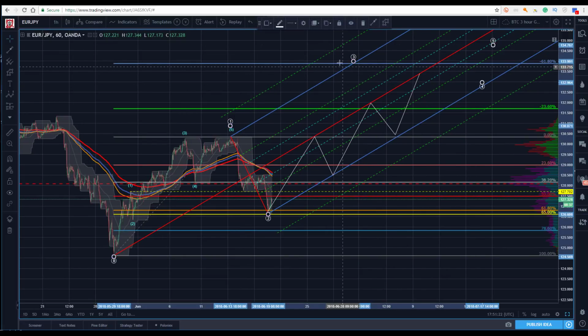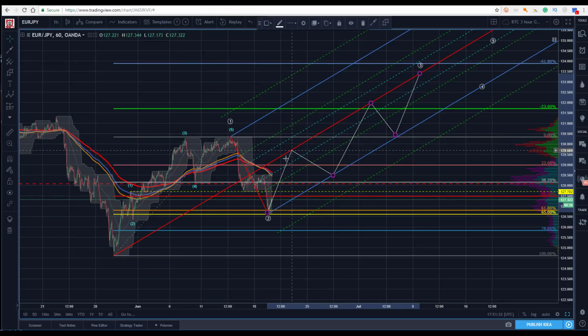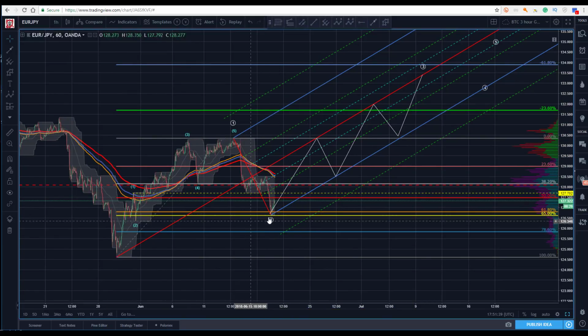So if I move this all over here, now this is all hypothetical. I'm not telling you that's where it's going. But if this low holds, this is the trade right here to the median line. And again, I'm hypothetical. I don't know when it gets there. I'm just saying that's your high probability trade right there if this holds. So you can be long right now with a stop under the 65. There's no reason not to take that.